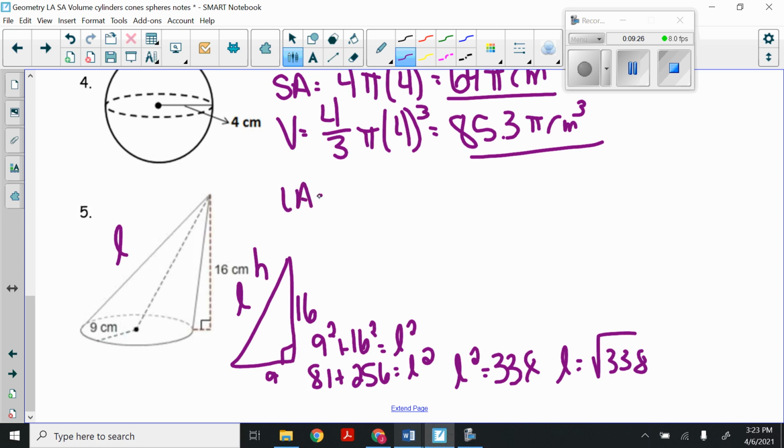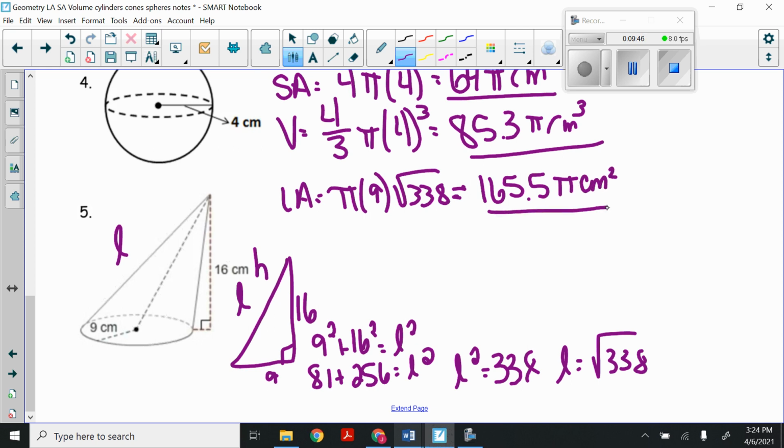Our lateral area of a cone, pi times our radius, 9, times our slant height, the square root of 338. When we multiply that out, again, leaving it in terms of pi, we get 165.5 pi centimeters squared. Surface area, pi times our radius squared, 9 squared, plus our lateral area, 165.5 pi. All of that gives us